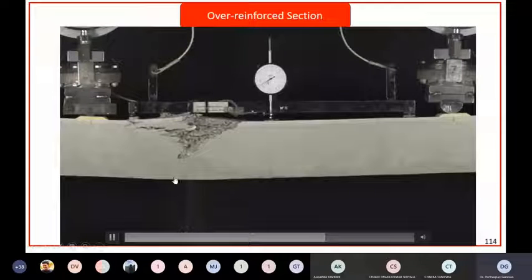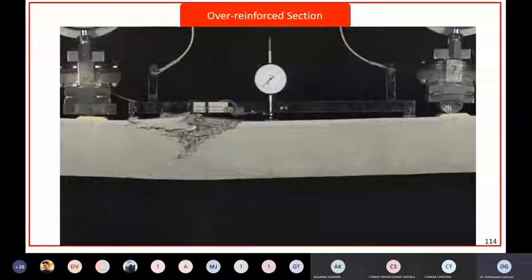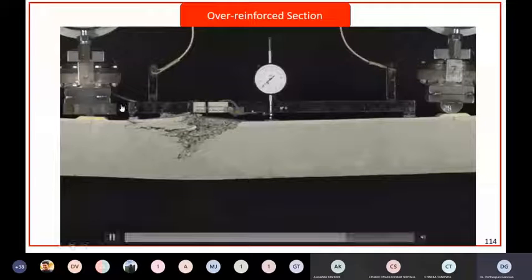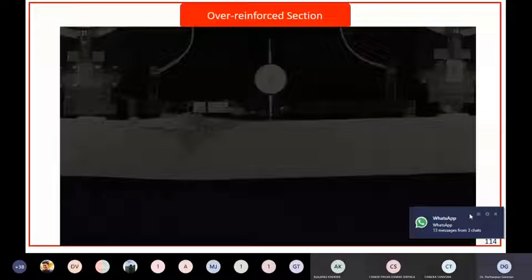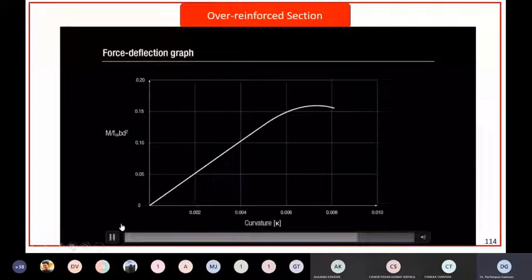For a structural engineer, that's a bad way for a beam to fail, because concrete crushing is brittle, it's sudden, and you don't get the gradual failure that you'd obtain in an under-reinforced beam. The graph shows an